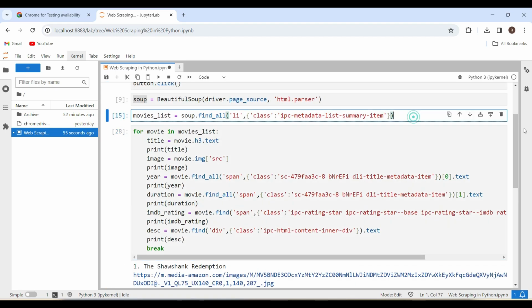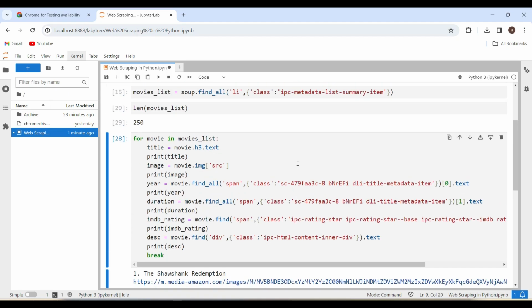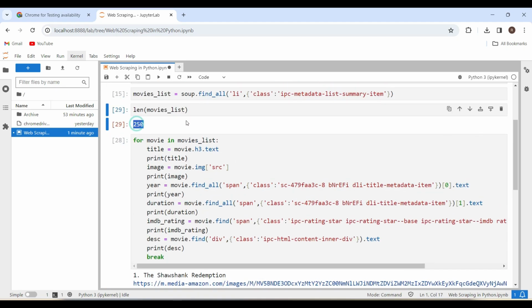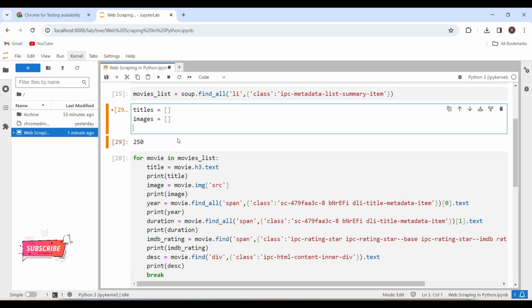Let me just do one thing. Let me just get the length of the movies list. So here we have 250 movies. So the movies list has a total of 250 movies' data. Now what I'm going to do here is create dummy arrays to store this information. Titles is equal to this one, next images, and what else, years,